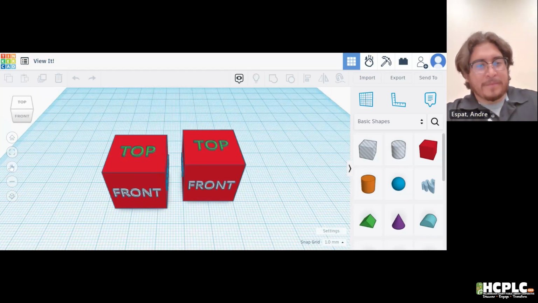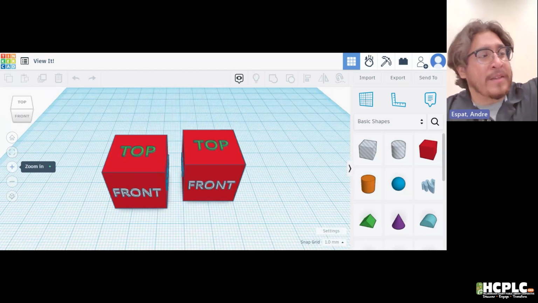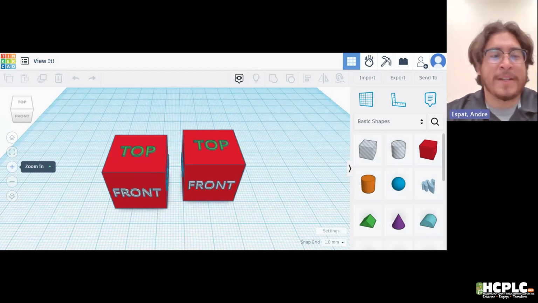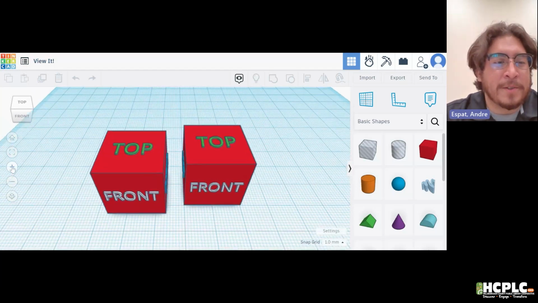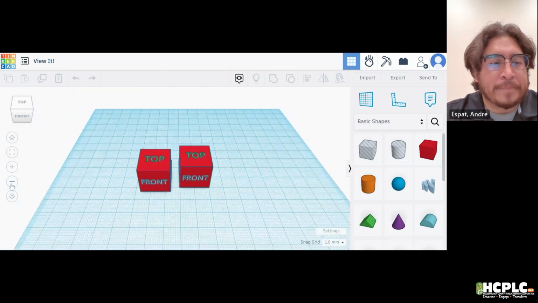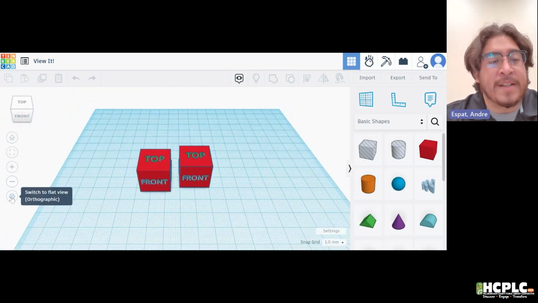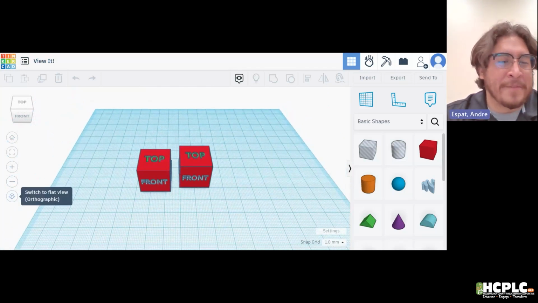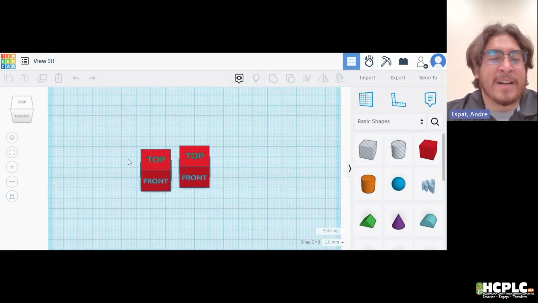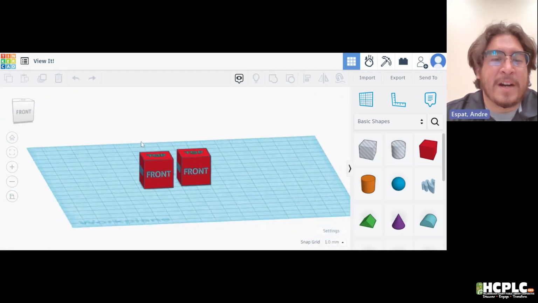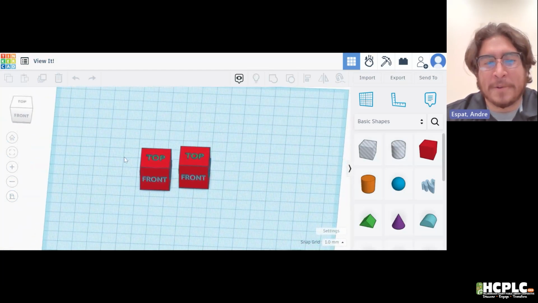Below this are your zoom in and zoom out. As you can see, the hotkey for this is plus and the hotkey for zoom out is minus. You can do those real quick right here. And then this final one is isometric, or orthographic. Wow, that's a weird one. Orthographic flat view. If we do that, it's going to kind of force the objects to be at a 30-degree angle, which is kind of like a specific